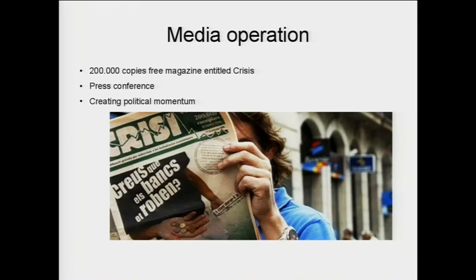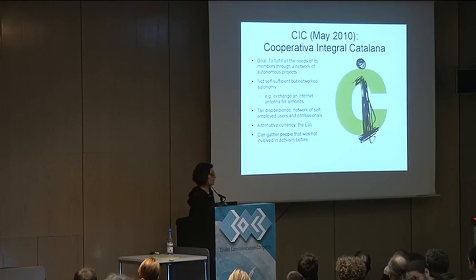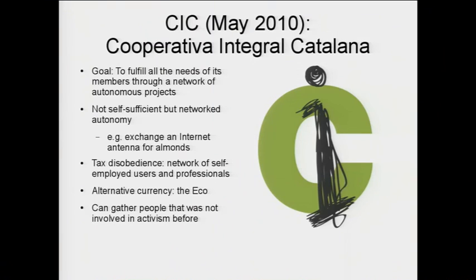These mortgages prepared to take the houses out of the people. And so this was very important in that moment in Spain, and not just in Catalonia. And this created a really big situation that helped to create the Cooperativa Integral Catalana, which is the mother project